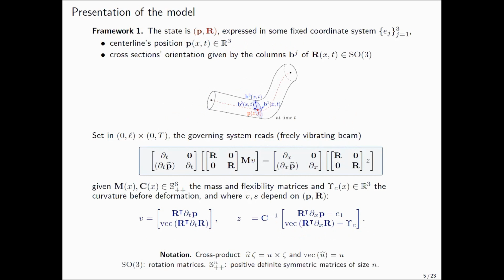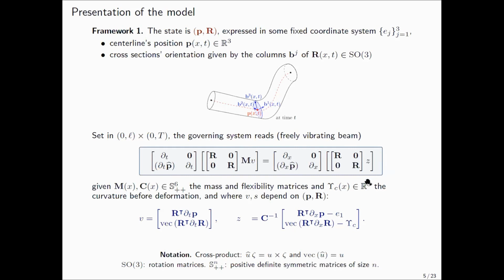And I will consider two frameworks to represent these beams. The first one is when we take as unknowns P and R, the position of the center line, and this rotation matrix whose columns, the b_j here, form a basis which gives the orientation of the cross-section. These P and R are expressed in some fixed basis, J here, which can be the standard basis in R3. And if you take these two unknowns, then you obtain a system of this form,